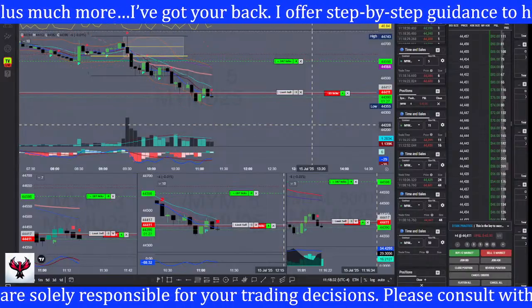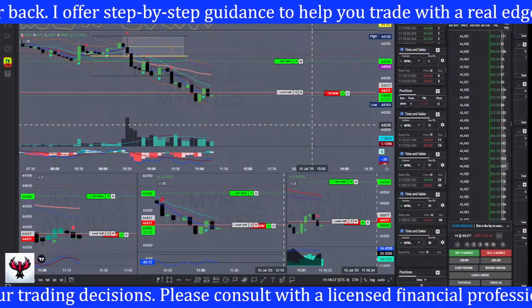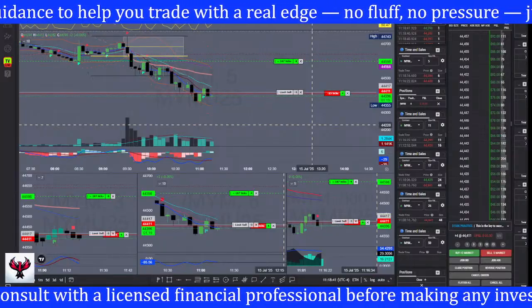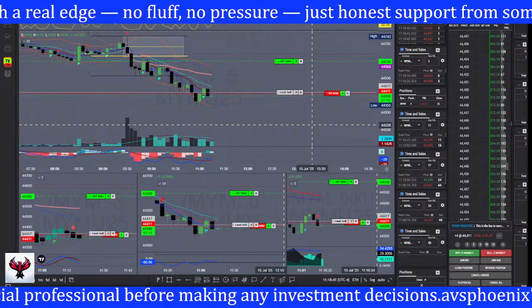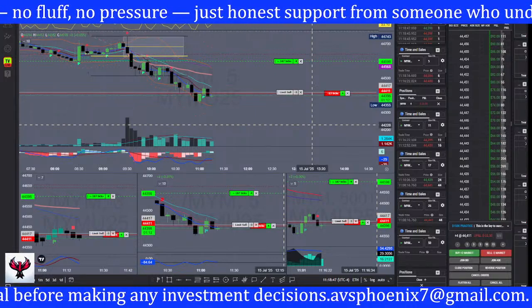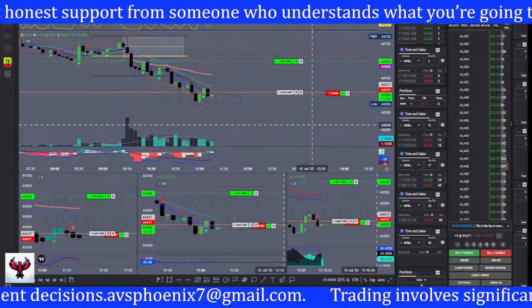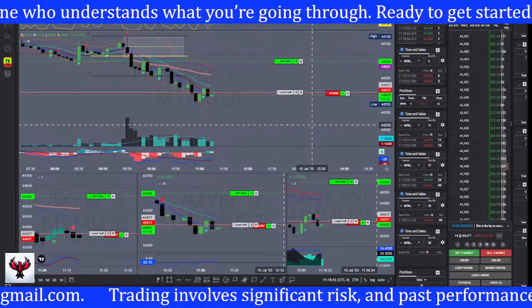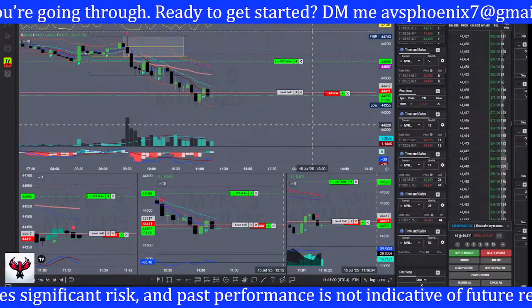What is instant funding? For those that are asking, it's like you pay a bunch of money, and then you get it. You're already instantly funded. It sounds great in concept. You're like, oh, I can skip the evaluation. But in my opinion, and I'll probably get roasted by all these instant funding firms, why are you putting people that don't know how to trade into an instant funded account and charging them $500?